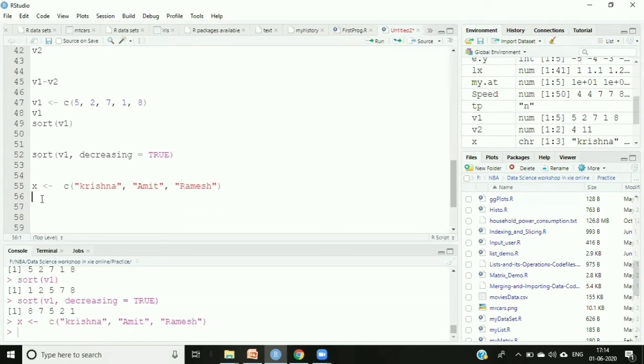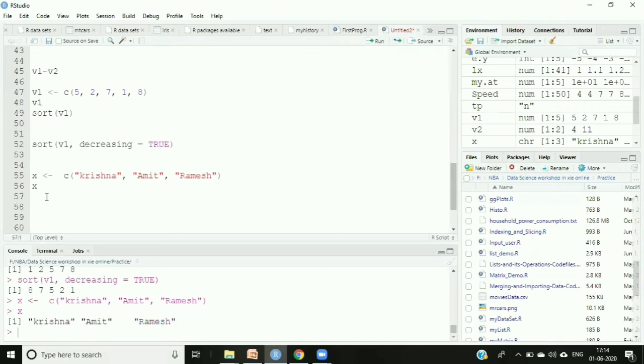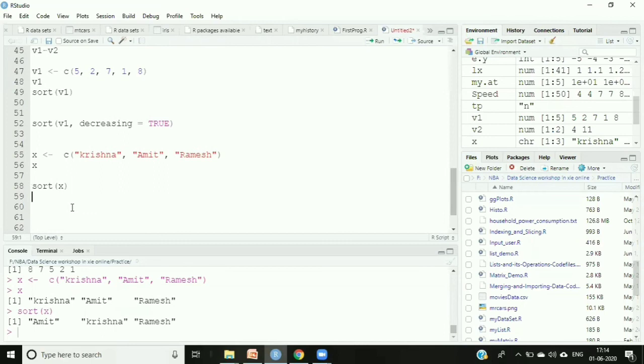I enter, and this is my x. Now if I say sort x, I'll enter. So by default, we sort in alphabetical order, in ascending order. So first A letter comes, so A person name will appear first. Then after that K will come, and then R.